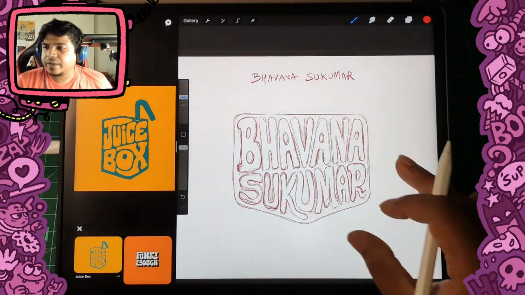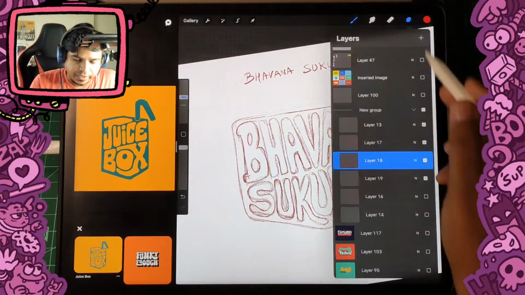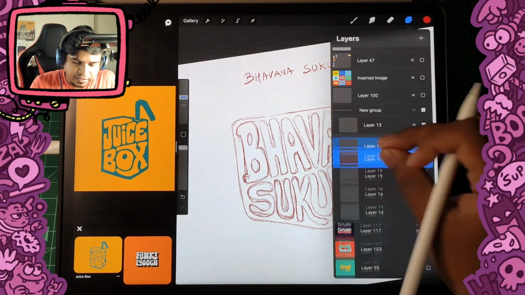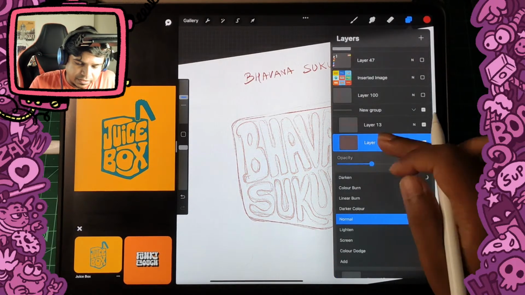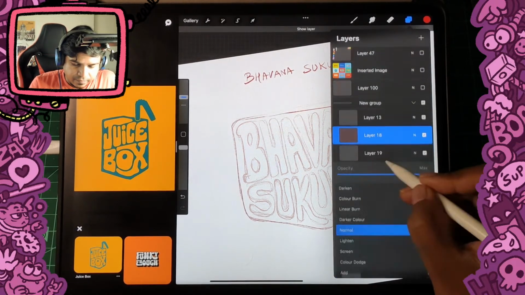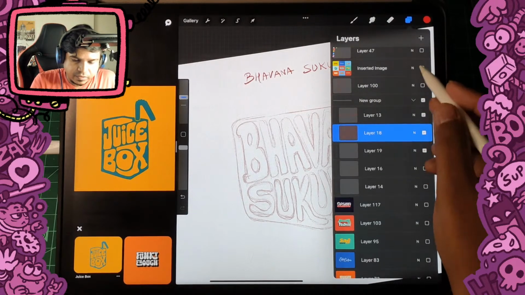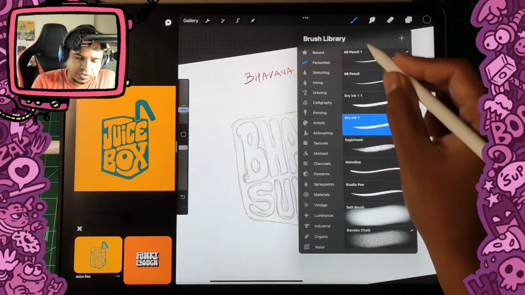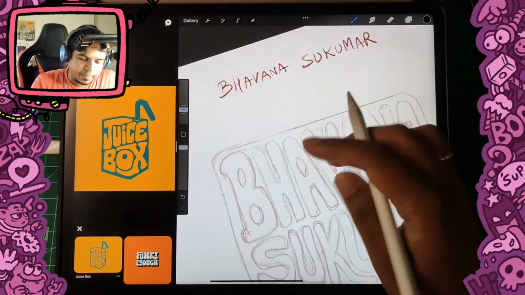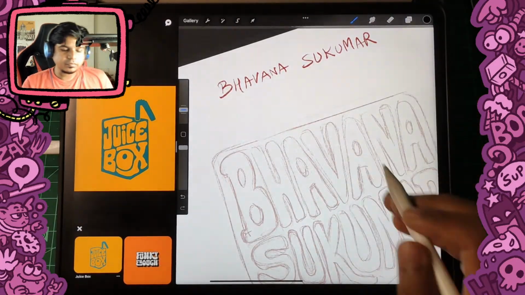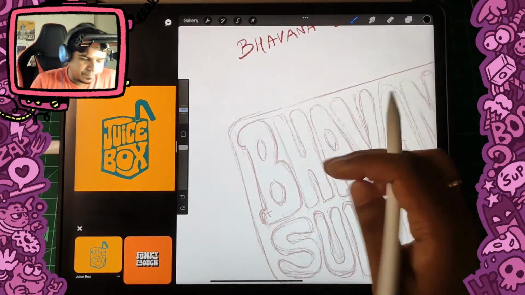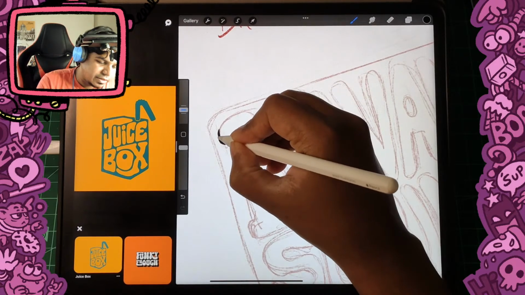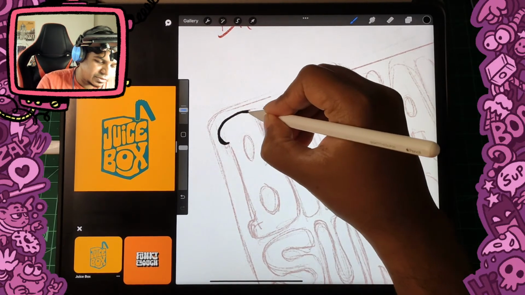Okay, I'm mostly happy with this and ready to ink it. After I'm done inking, I usually ink with black and white only and then later introduce color. So what I'm gonna do is create a new layer, choose a brush which is dry ink, and now let's ink it so that I start with the letters, and since we are going to fill up these letters solid,